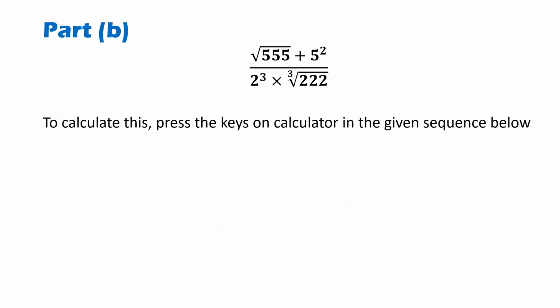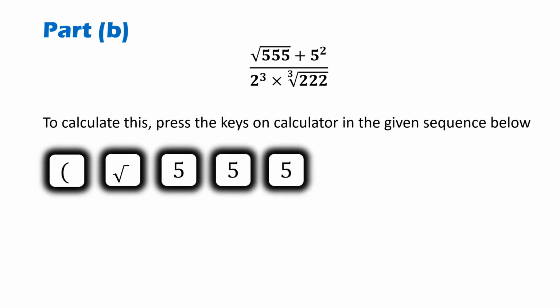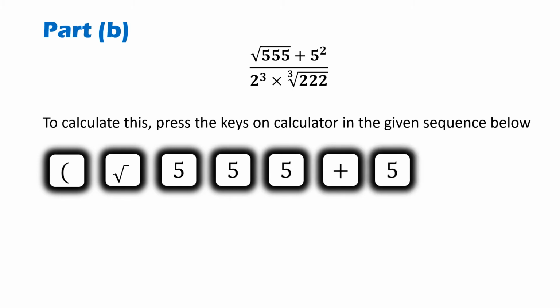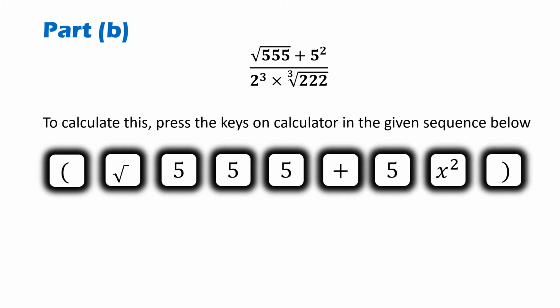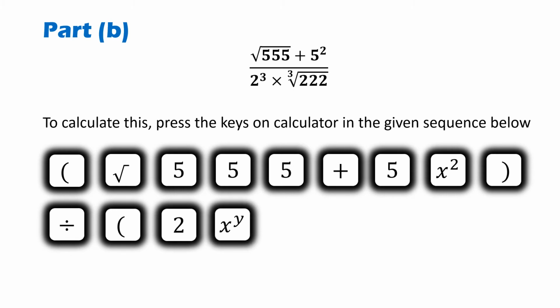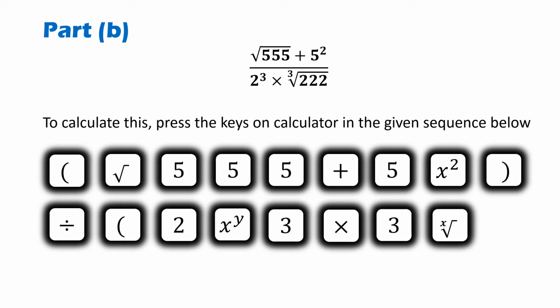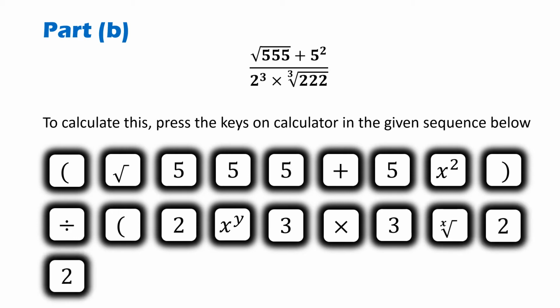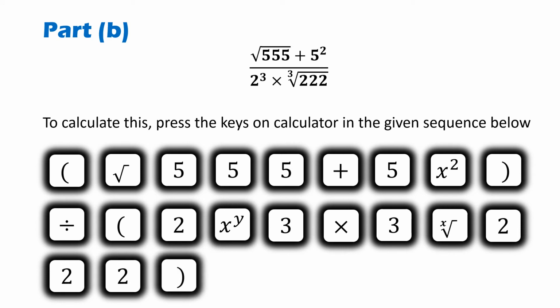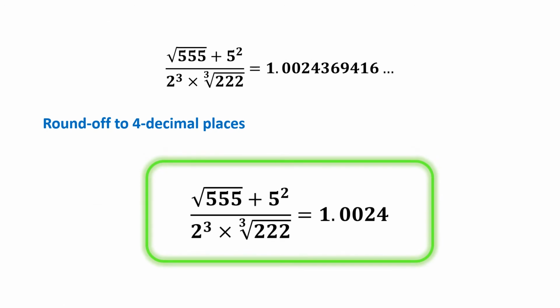Part B. To calculate this, press the keys on the calculator in the given sequence below. Bracket open, square root, 5, 5, 5, add, 5, square, bracket close, divide, bracket open, 2, power, 3, multiply, 3, x root, 2, 2, 2, bracket close, equals. So after rounding off to 4 decimal places the required answer is